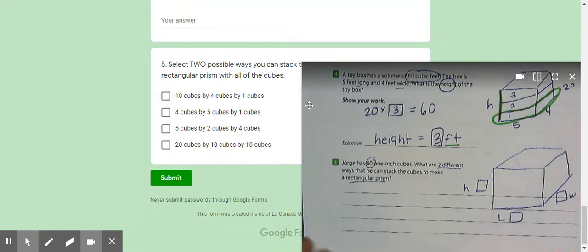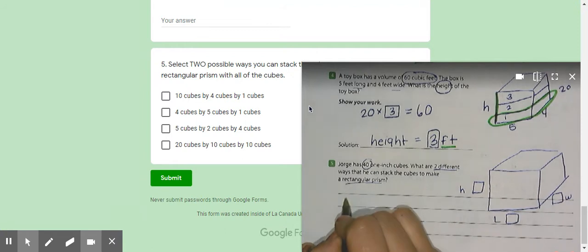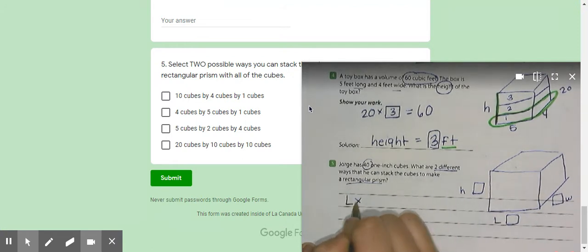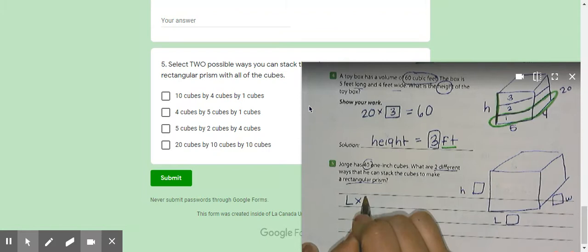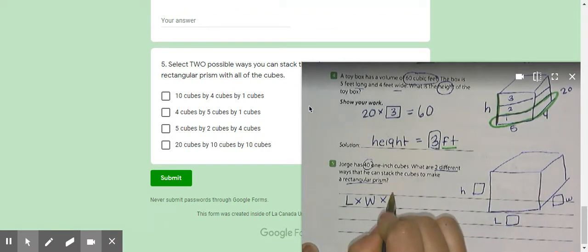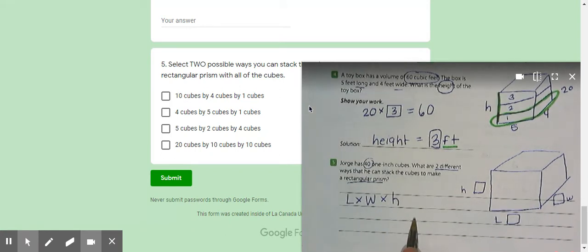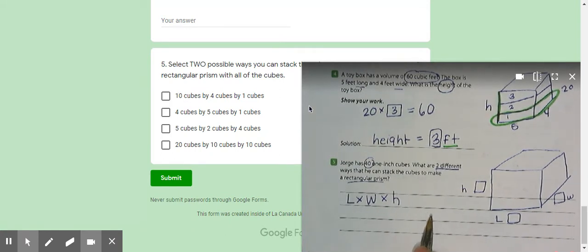So what you should really be thinking about is which of those answers would be 40 if you multiplied your length by your width, which is going to give you your base, by your height, which is how many layers you have. So when you're looking at the questions there, you take a look at number 1 and it says